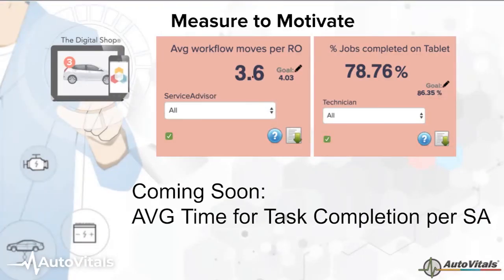It just went to waiting for inspection, and then at closeout, it vanished, right? This is a typical number around 4 or higher. Of course, it depends on how many workflow steps you have added. And then here is